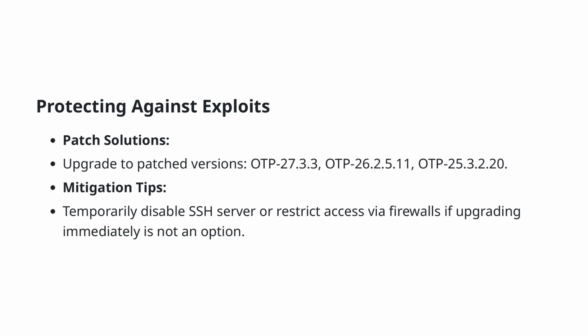To protect against exploitation of a flaw in the SSH protocol message handling, immediate action is necessary. The most effective measure is to upgrade to the patched versions of OTP 27.3.3, 26.2.5.11, and 25.3.2.20. If an upgrade isn't feasible right away, consider temporarily disabling the SSH server or constraining access through firewalls. These steps can serve as an interim mitigation strategy to reduce the risk of potential attacks until a full